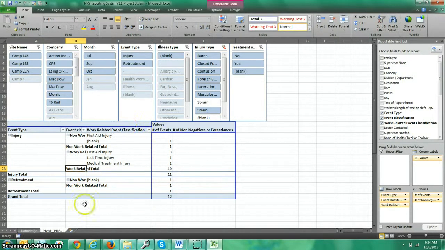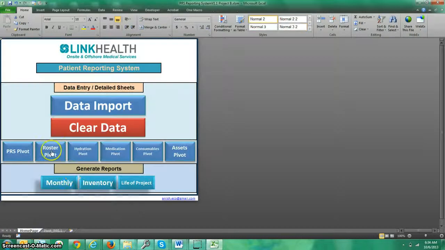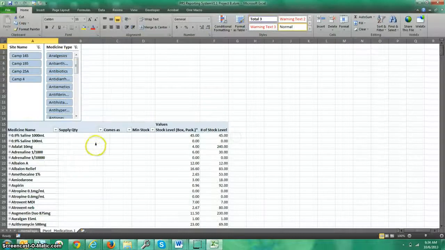So this was for the PRS pivot, and similarly you have all these pivots. Let's go to, let's say, medication. So here we are at medication. I could not see any other main field to have as a slicer, so I